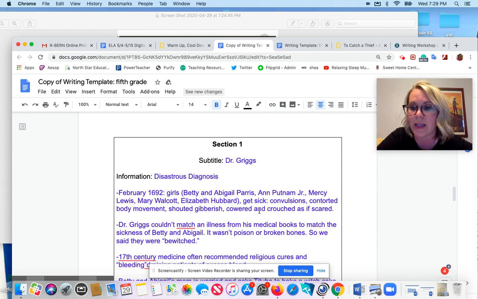The first one is going to be titled Dr. Griggs, and the information is really going to be about how Dr. Griggs couldn't match an illness from his medical books to the sickness of the 2 girls, Betty and Abigail. And they thought it was poison or broken bones, and so they just told them that they were bewitched. And so